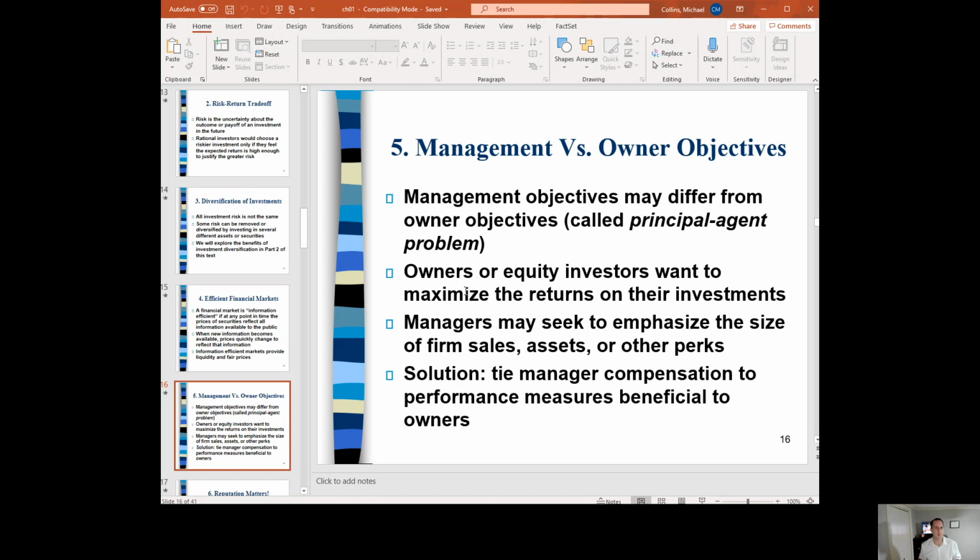Manager versus ownership objectives. Management objectives may differ from the owner. Again, principal agent problem. I already reviewed this, so I'll skip over this pretty quickly. Owners and equity investors want to maximize the return, but managers may seek to have other goals. I used an example of theft, but